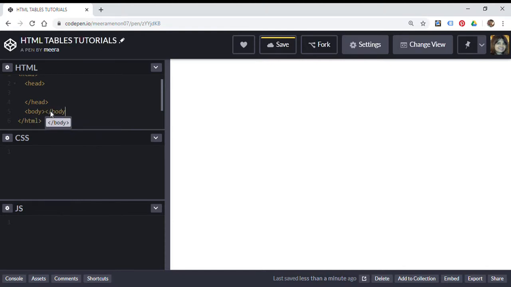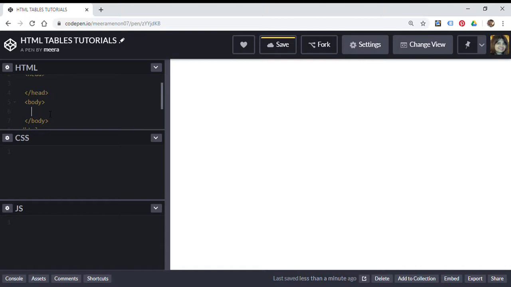It's a good practice to do the open and close tags like this and then separate them so that you don't forget later. Otherwise, you will be left with an open tag and the close tag will be forgotten, and then you have to keep scrolling down to look for it. Okay,